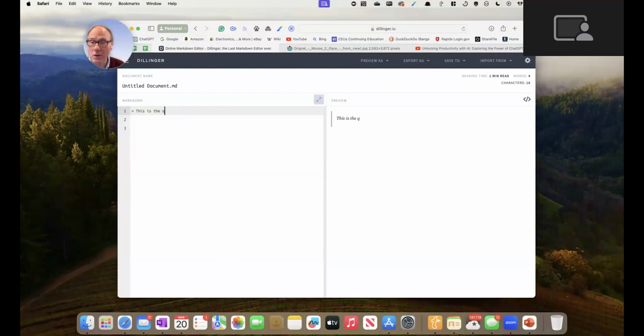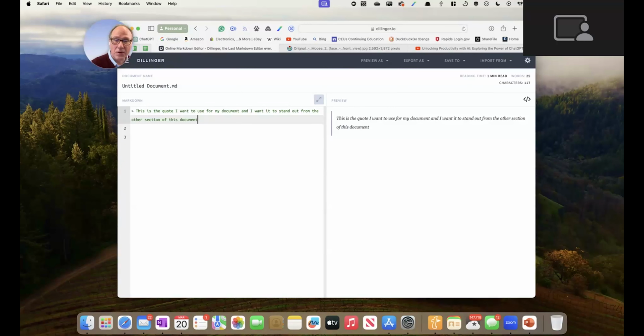This is the quote I want to use for my document, and I want it to stand out from the other sections of this document. Now if you notice here, it's all emphasized and italicized, and it has the block quote line. Really easy to do, just that one symbol.